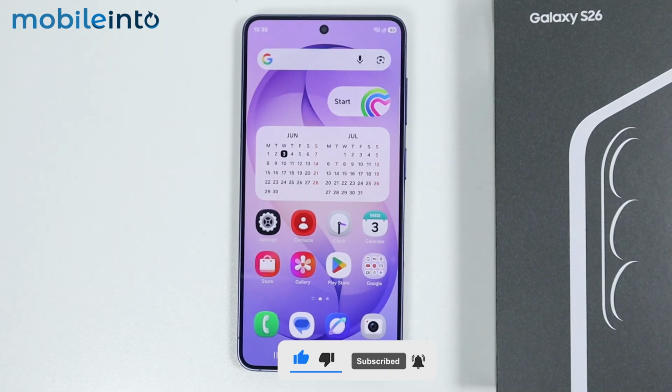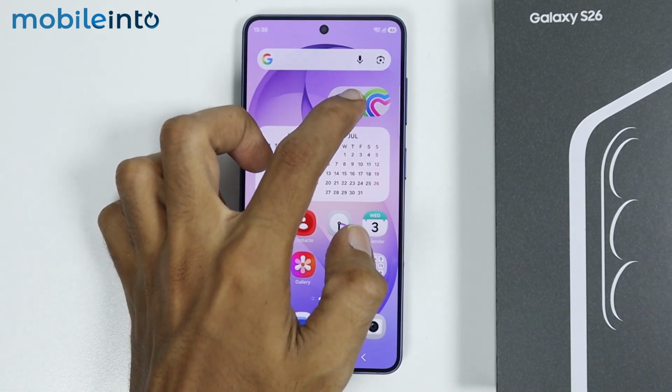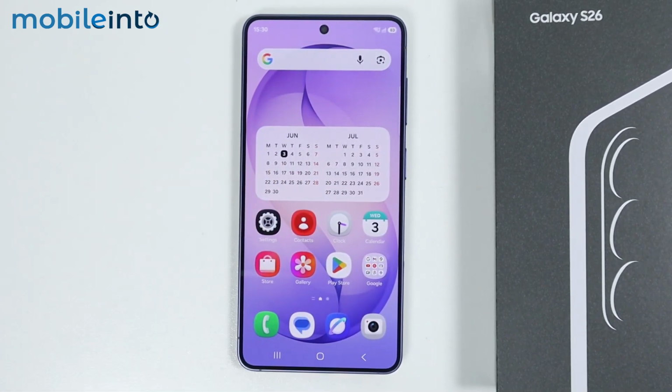And this is how you can remove widgets from the home screen of your Samsung Galaxy S26, S26 Plus, or